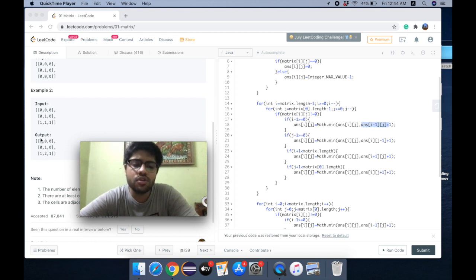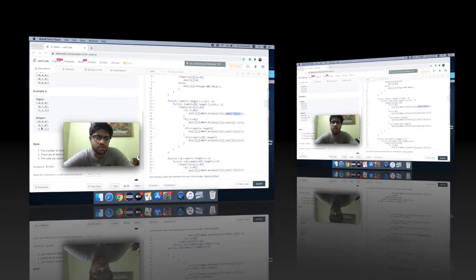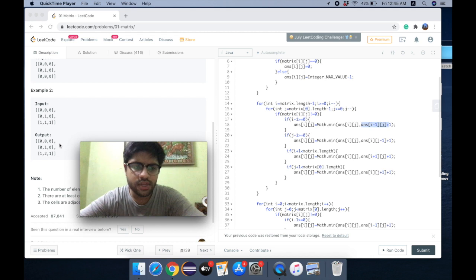For the numbers which are left in the first iteration, I will do a second iteration from the bottom to the top, so that there are no numbers left. Let's do the computation from the bottom also. So all the numbers in this cluster would be solved. If this cluster is not solved because of the ones at the top, it would be solved once we start computing from the bottom, because it would then be solved by the bottom computations. So we can do this.